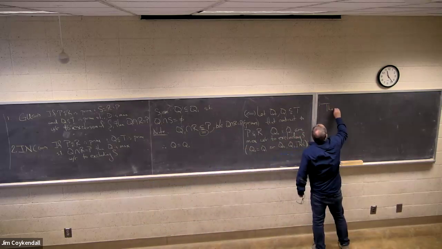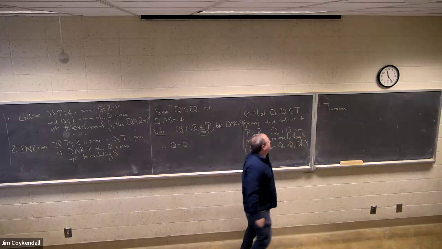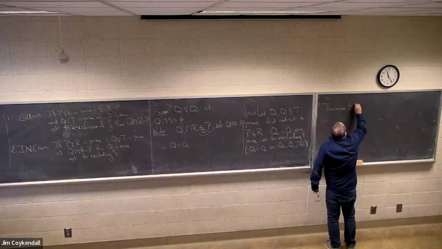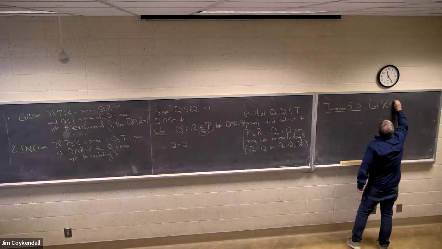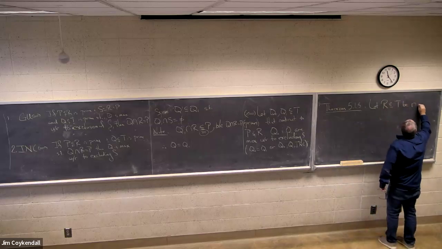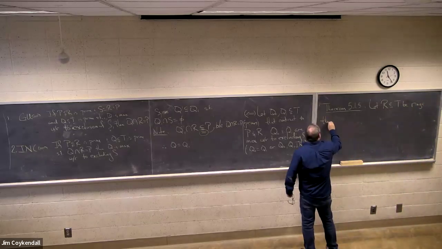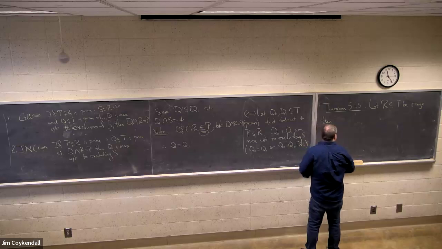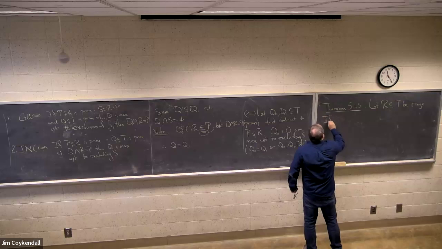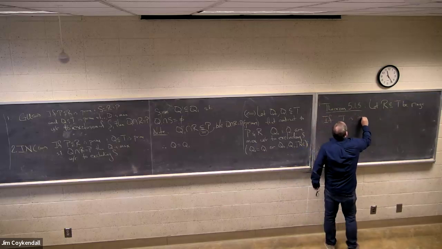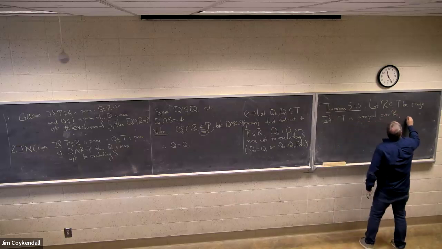Theorem 5.15. Let R inside of T be rings. Then, put it this way, if T is integral over R, then